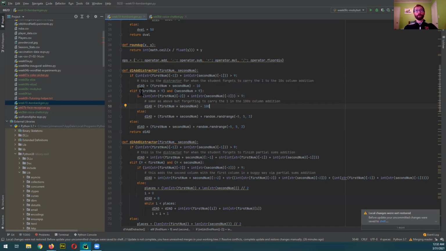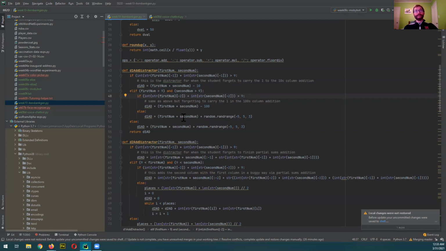Instead of this, you could put the 9 over here, and then on this side, you could put 99, or you could say, oh, only if it's larger than 99 should this one kick in, or you could have another one like that. And then if this isn't the case, so if they're both bigger than 9, but they don't equal more than 100 in the tens place, so you have to carry the 1. If that doesn't happen, then just take